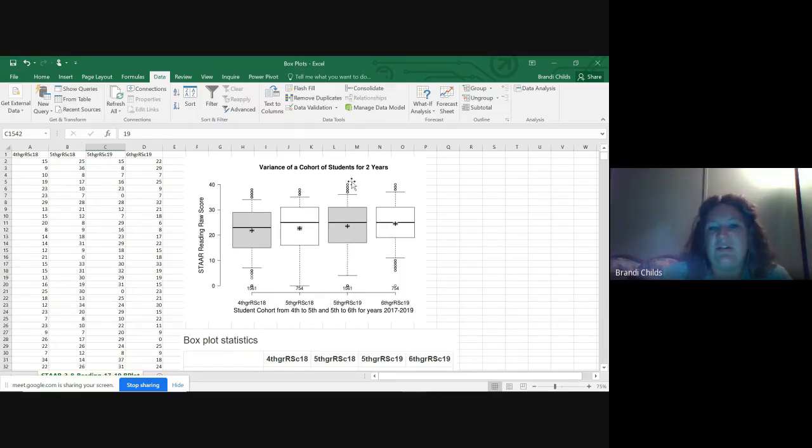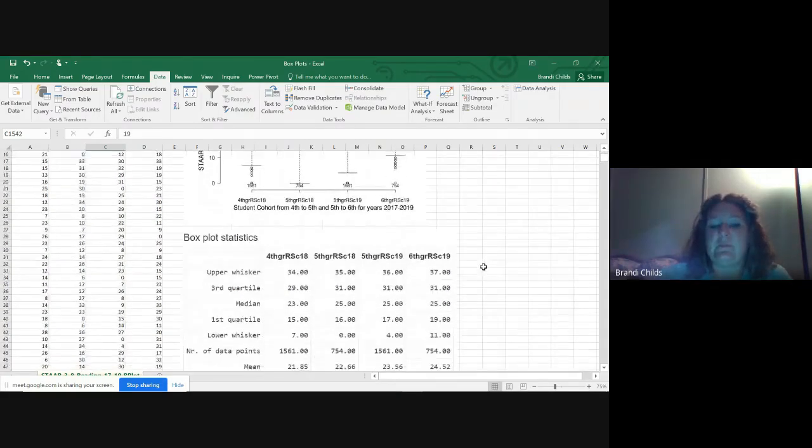Now, these round dots are just outliers that cause those percentages to be significantly different. But you can see this is a fairly small gap, but then how much it grows here, and then it goes up a little bit, and then look how small it is here. So if I think about what happened in these 2 years, the scores increased and the variance got smaller, showing